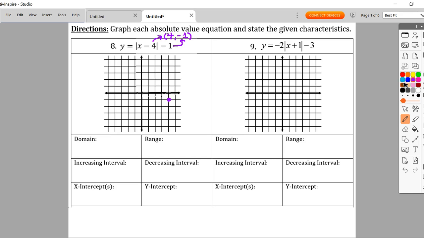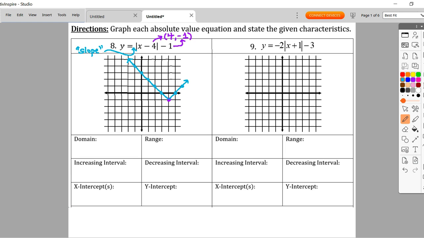From here, I have to always do the slope on the right side that matches the front of my absolute value. I like to use these quotations for slope because remember, I'll be doing that slope of 1, up 1 to the right 1, on the right side of my absolute value. But what's going to happen now is I'm going to have the opposite slope on the left side. I must mirror that graph here to make it a V shape. We connect all the points with a nice straight line, one side to the other, and you see that V-shaped